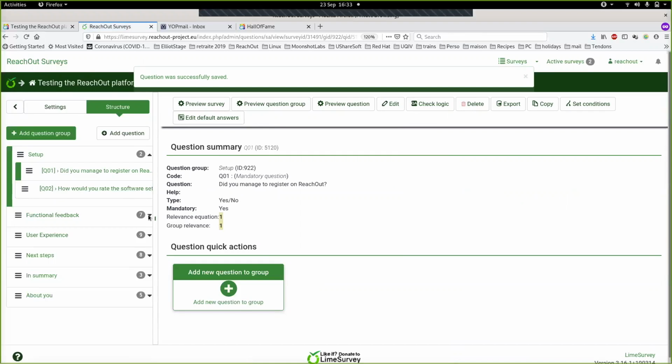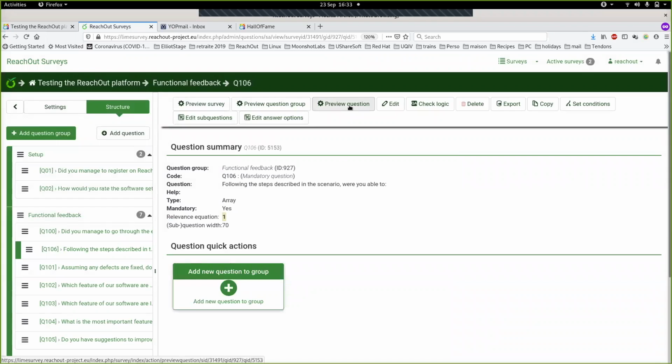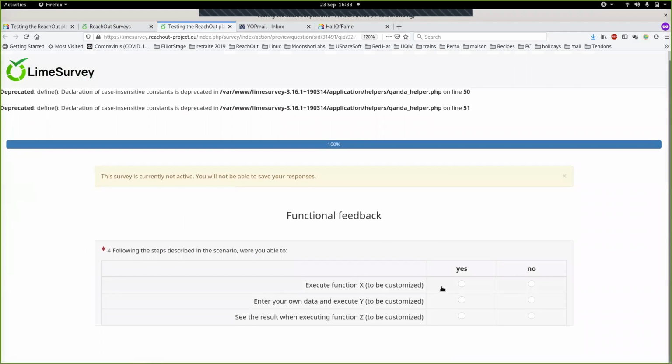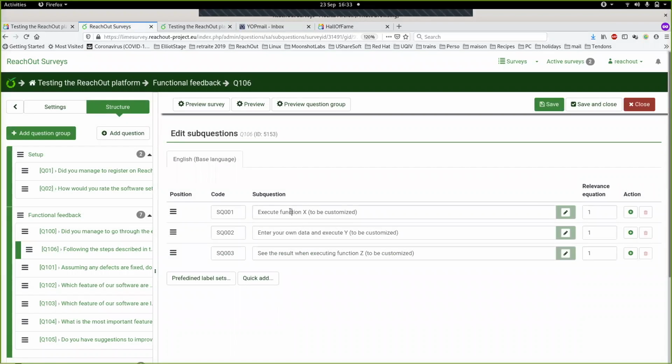And then there's a typical question about the functional feedback. Let me take this one. Every time, you can preview the question. This one says, did you manage to execute function X, function Y, function Z? Typically that needs to be customized, so I need to edit the sub questions. I can say, did you manage to create your project? Did you manage to create your campaign? Did you manage